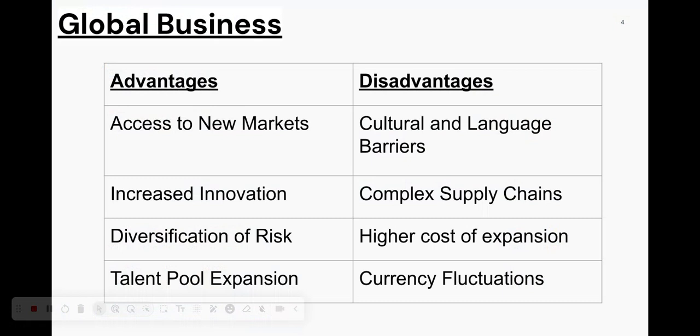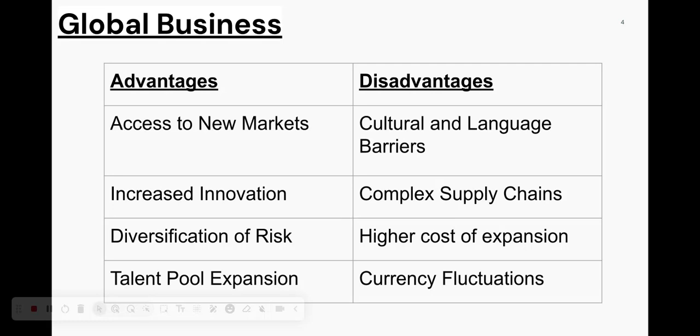So now we're going to get into some of the advantages and disadvantages of global business. So first, one of the biggest advantages is that if you are running a global business, you are going to have access to new markets, obviously. You're not just operating within your own country anymore, you're operating within multiple countries. So you're going to have access to these other countries' technologies, their resources, their innovations. So in all, you're going to have so many more resources you can use and so many new markets that it will really help your business fly high.